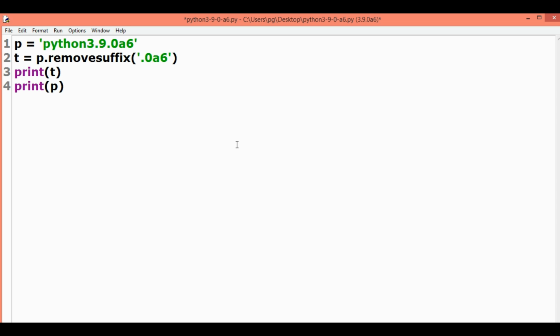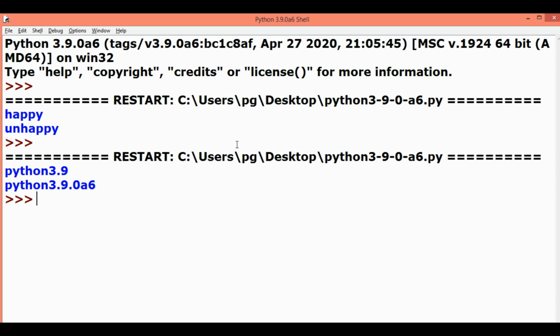Now if we run this, the output shows us the new string Python 3.9 with the removed suffix and the original string remains the same.